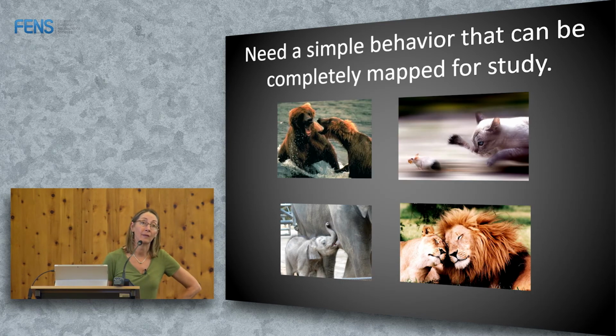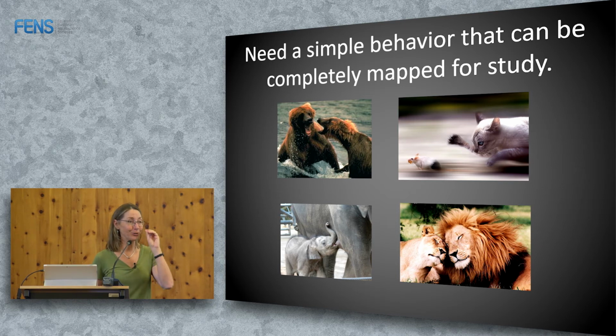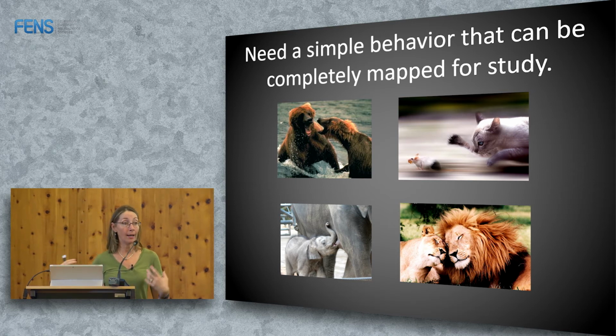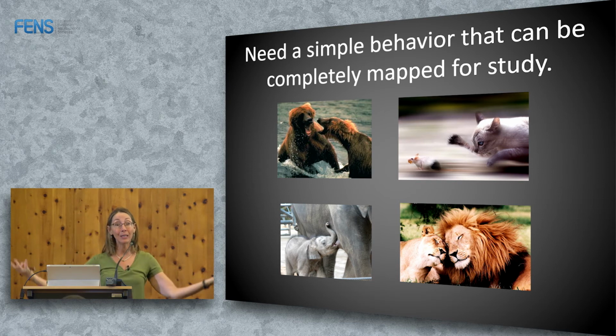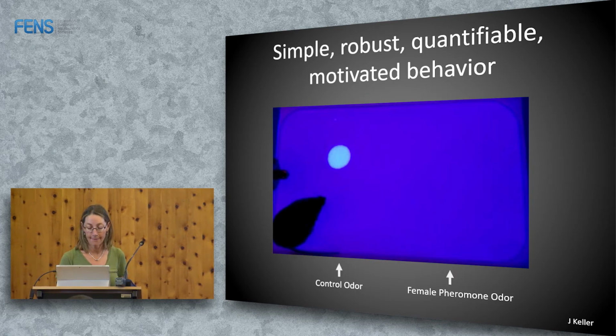And the thing that really stymied this, as a thought experiment for a really long time, was that most of these social behaviors are complex at the sensory level, so olfactory cues feed into them, but also other things, as we've heard, somatosensation and auditory information, and even sometimes visual cues, right? And then at the output level, as you saw, Dayu has this great jaw motor action, but aggression is composed of a lot of other motor behaviors, and they're all dynamic, and all of these behaviors can use up to tens or hundreds of different muscles in a dynamic and unpredictable way. And so both at the entry point and at the exit point, finding a complete circuit was really daunting to us. That was until a graduate student, Jason Keller, joined my lab